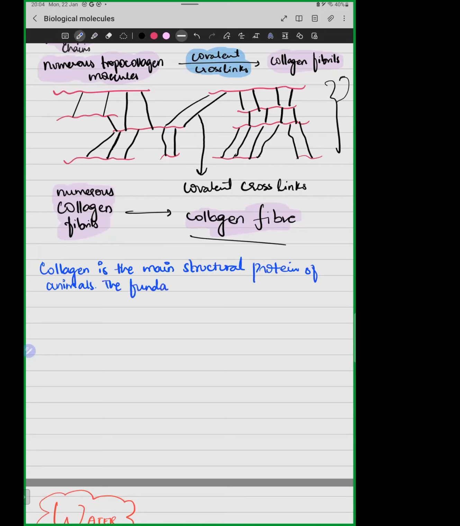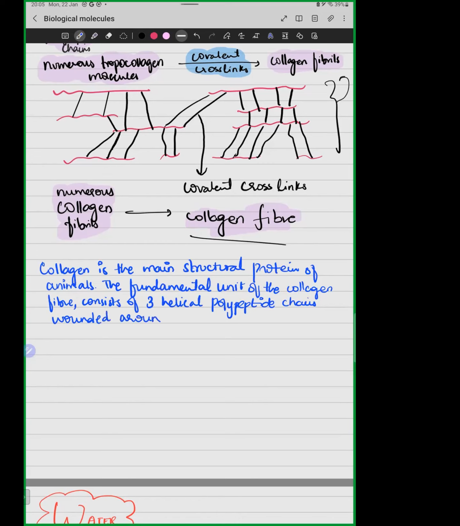The fundamental or the core unit of the collagen fiber consists of three helical polypeptide chains, and these three polypeptide chains are wounded around each other forming tropocollagen